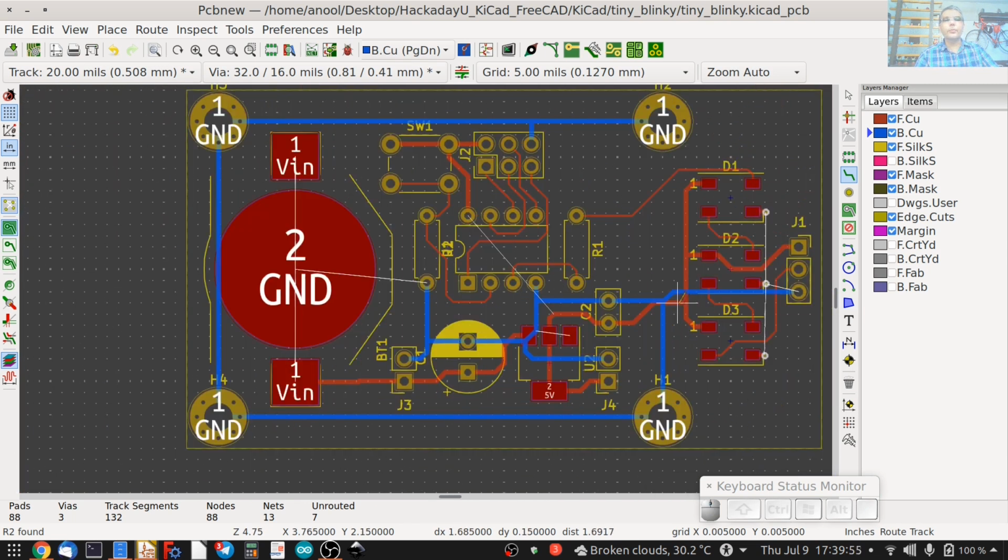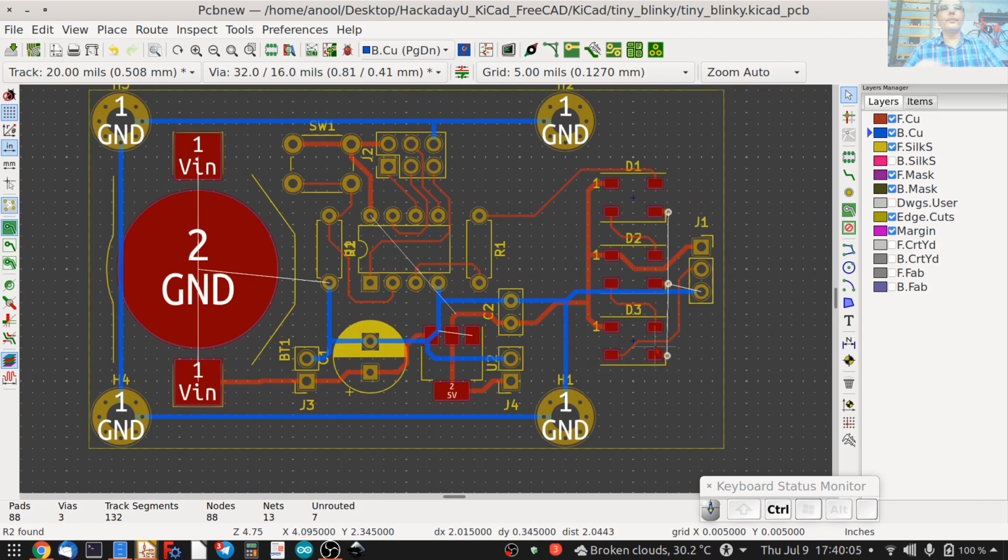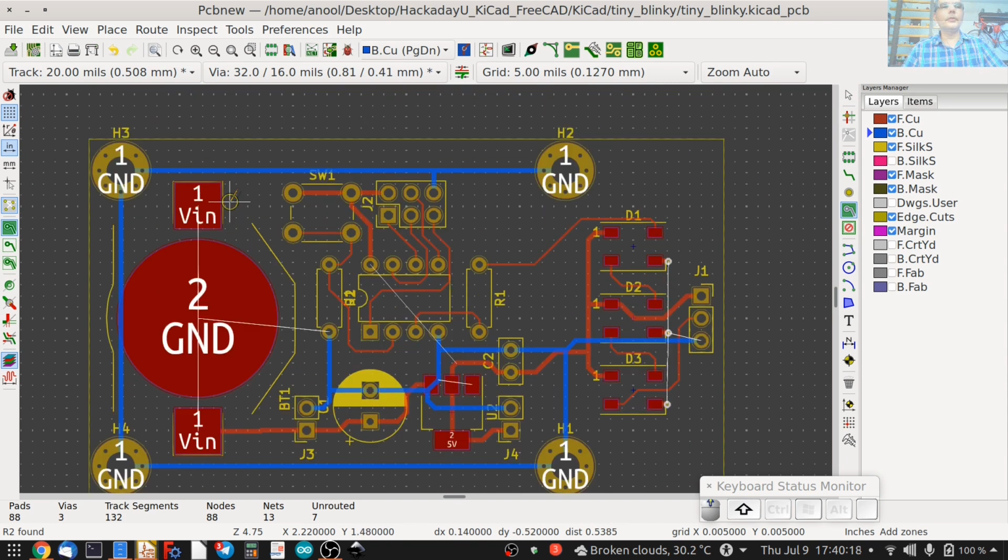We still have several unrouted tracks, but that'll reduce once we add the copper pour now. So press escape once, and copper pour or zone in KiCad is done using this toolbar icon, add filled zones. It's a little bit unintuitive how this works. Click on it once, click on a corner where you want to start the zone once. I prefer somewhere outside the board,